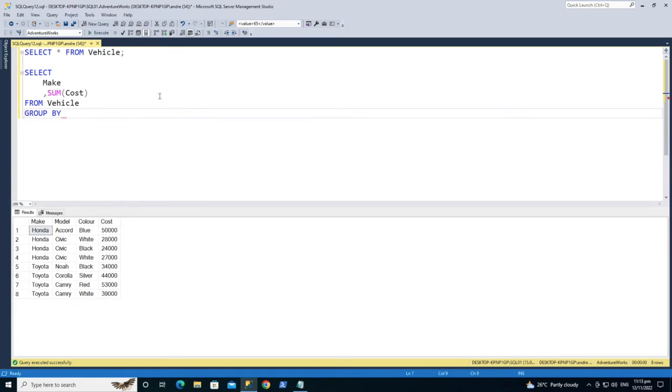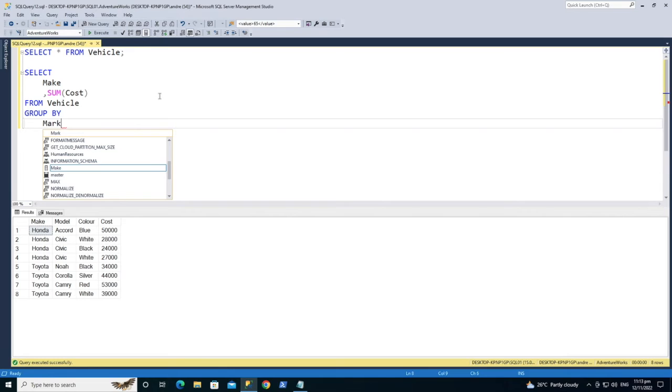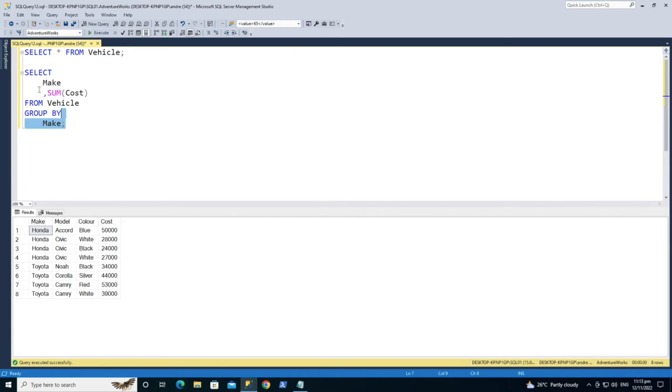Then what you would do is provide the column that you wish to have the data grouped by. Now you can provide one or more columns, but in this case we're going to provide one column as the aggregated functions are automatically grouped based off of the column that you would submit. So in this case we are interested in grouping by make. So we'll now execute this statement,